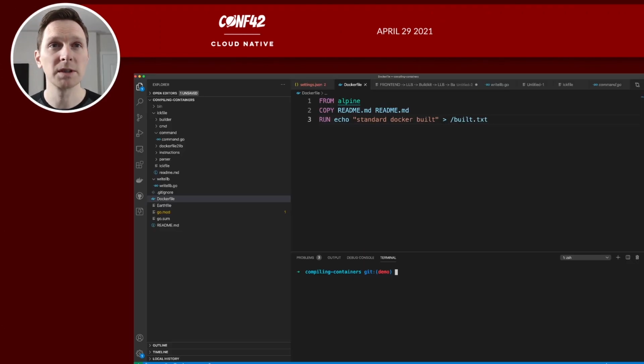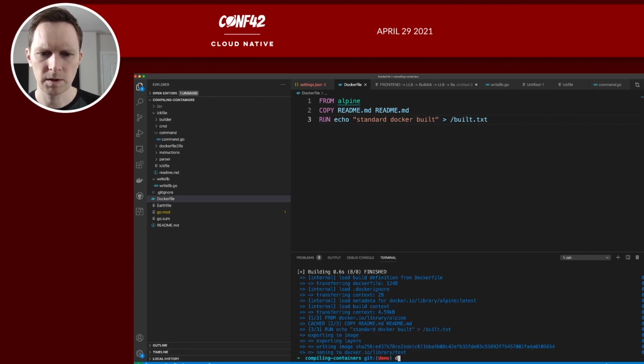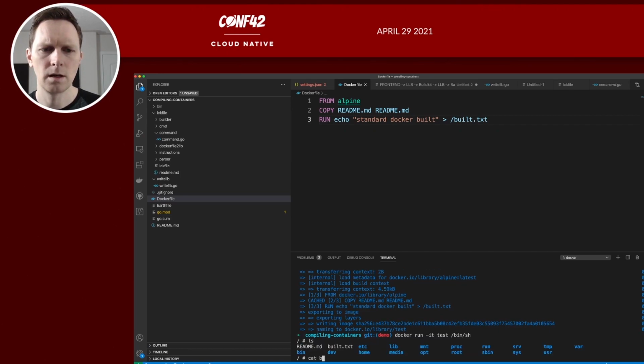So let's start with building just a simple Dockerfile, and then we'll go from there. This is the one we showed earlier, just from Alpine, copy README. And we're going to echo this to a file. So I can build this just like this. We can tag it test, build the file, and then we can run it. So we want it to be interactive, and we want to run test, and we're going to open a shell. All right, so now we're inside of it, and we can see